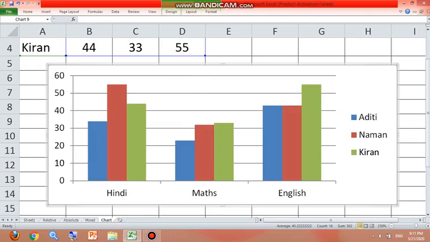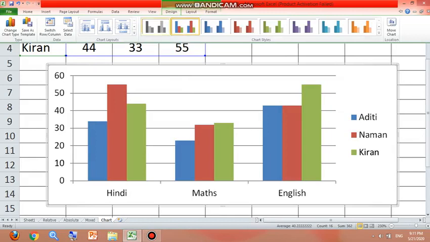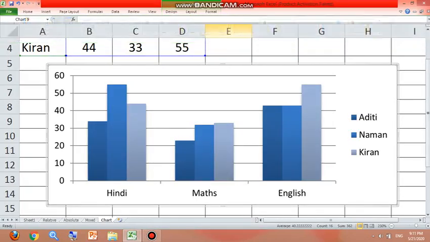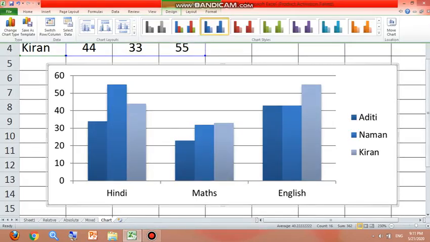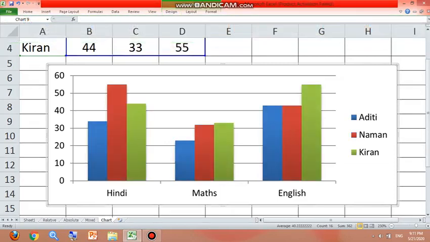In the design tab, as you can see, different chart styles are available. Now this chart style is selected. If you want to change the style of the chart, you can change it from here. From here also you can go for other different options available. Suppose I want to change the color style like this, so I will click on this and the chart style will be changed for me. Children, it is so easy. You have to simply click on the command and the changes will be there in the chart accordingly.